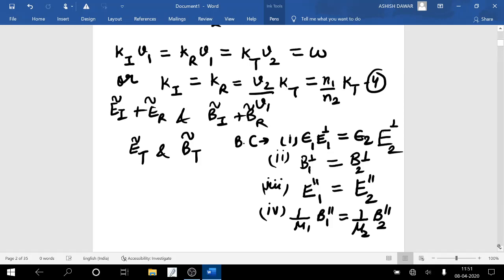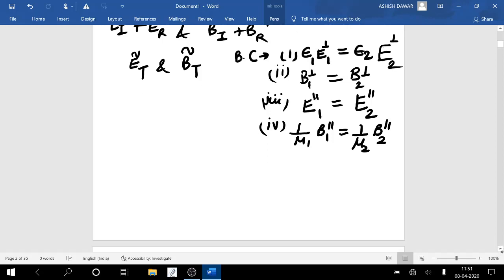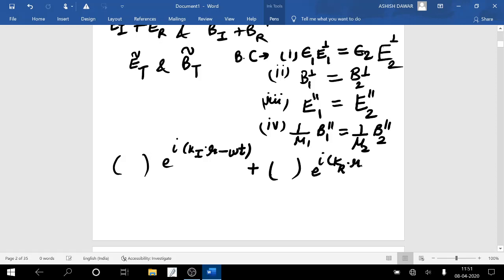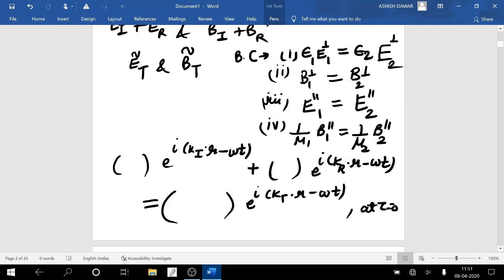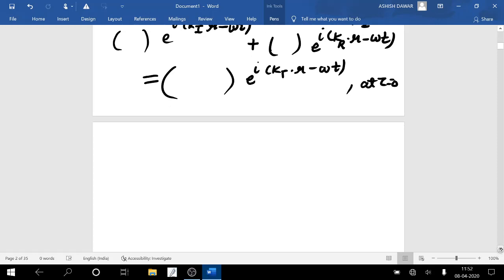Using these boundary conditions we get a generic structure. Here we have a coefficient times exponential i(ki dot r minus omega t) plus a coefficient times exponential i(kr dot r minus omega t) equals a coefficient times exponential i(kt dot r minus omega t) at z equals 0. Here the x, y and t dependence is confined to the exponents,